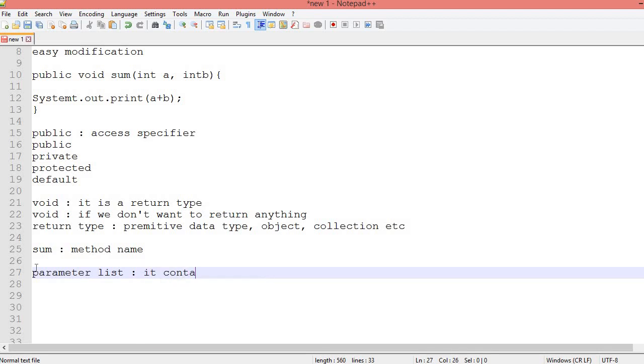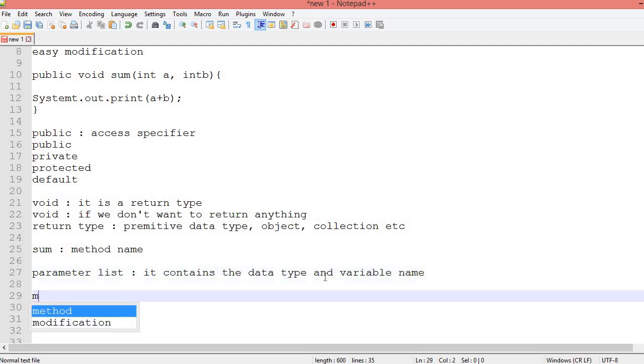It contains the data type. Basically, here I have used int a, int b. So it contains data type and variable name. Clear?